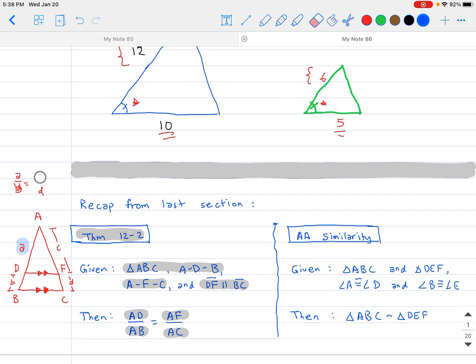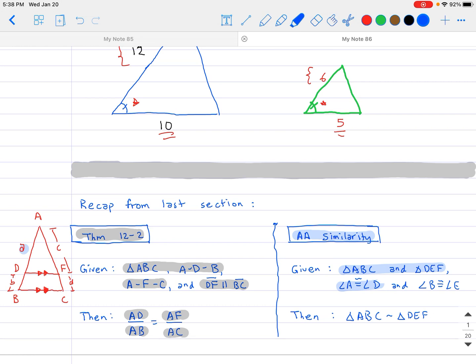So if you want to take a look at that, by all means, go ahead and do so. But the important thing that we got out of it was actually this thing over here on the right-hand side, what is known as the AA similarity, which basically says that if you have two triangles such that one angle